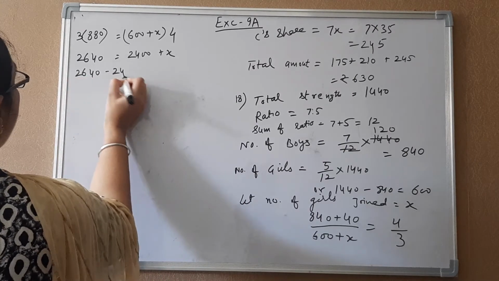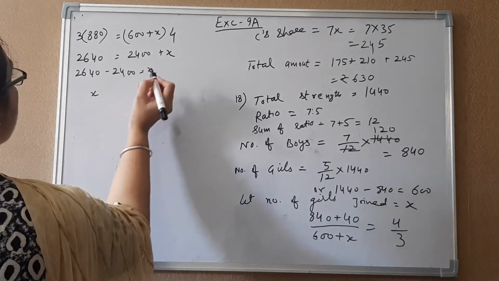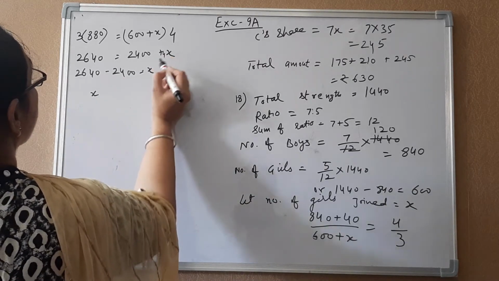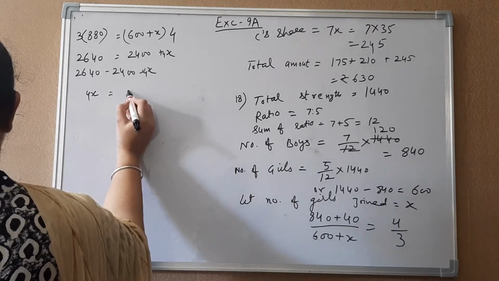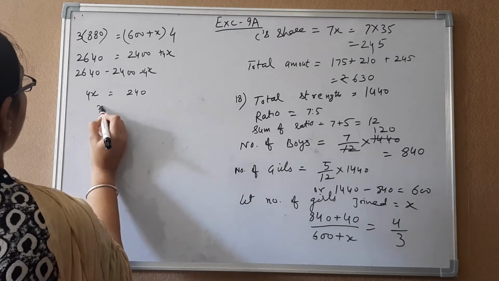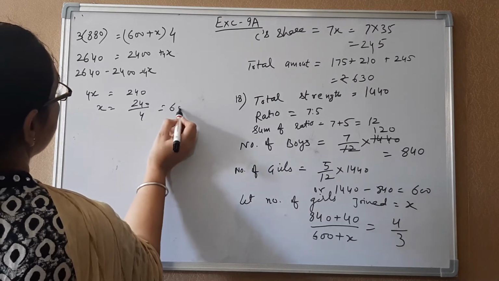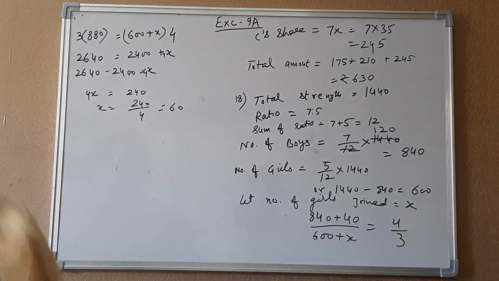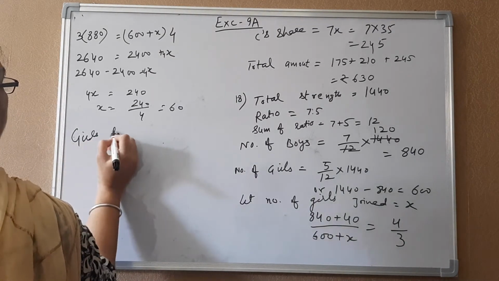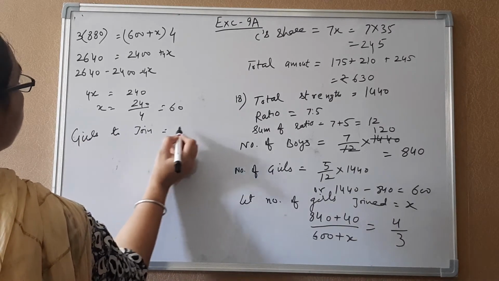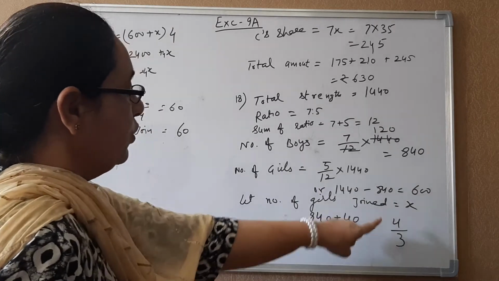2640 minus 2400 is X. So X is 4X. We have to multiply this also. So 4X is 240. X is 240 by 4. That is 60. It means how many girls are to be joined? Girls to join are 60. So if we join 60 girls over here, the ratio will become